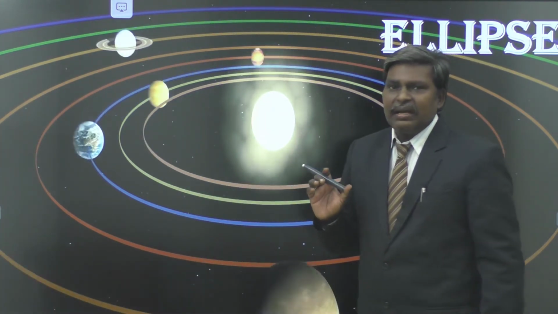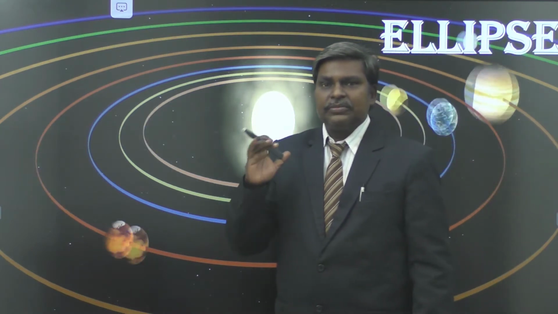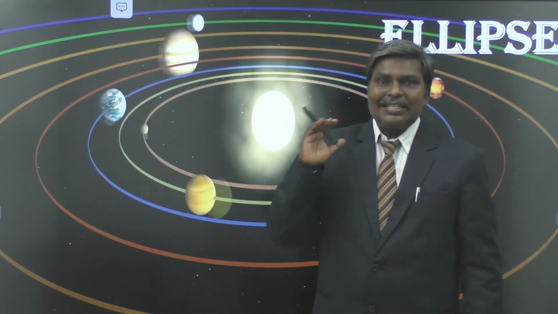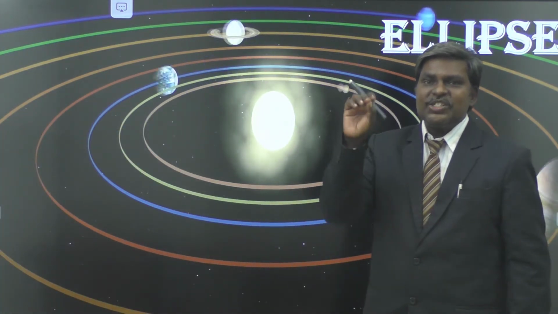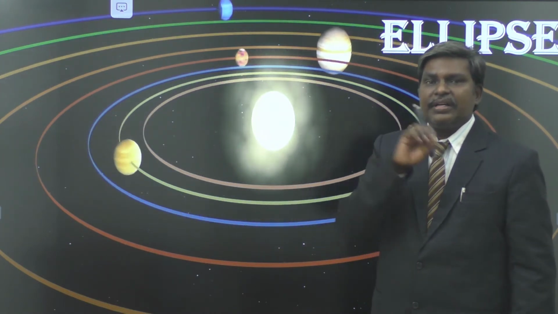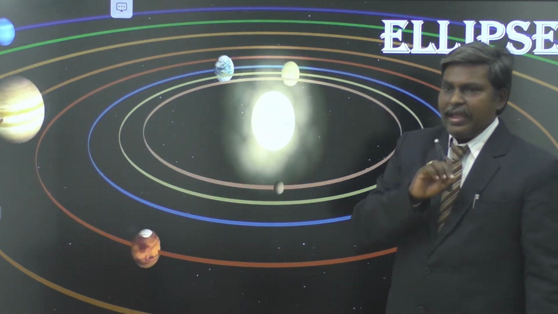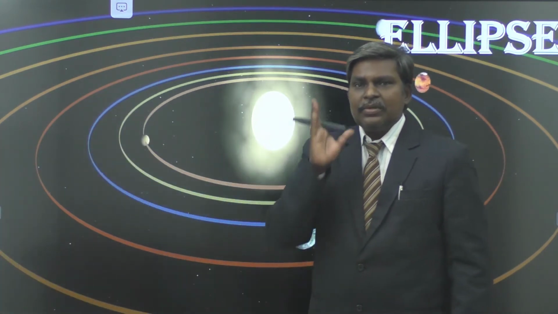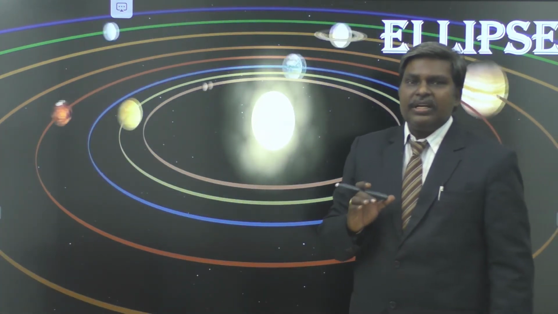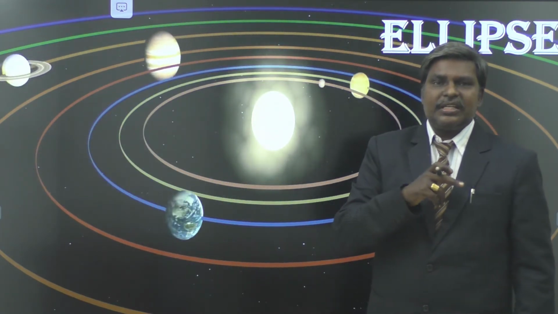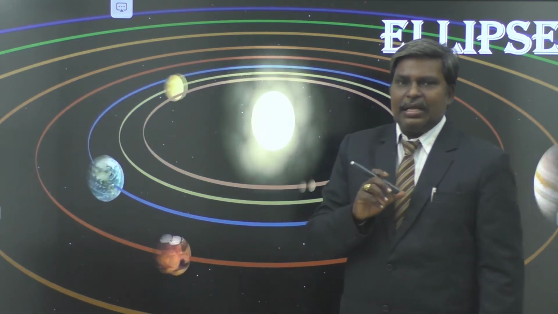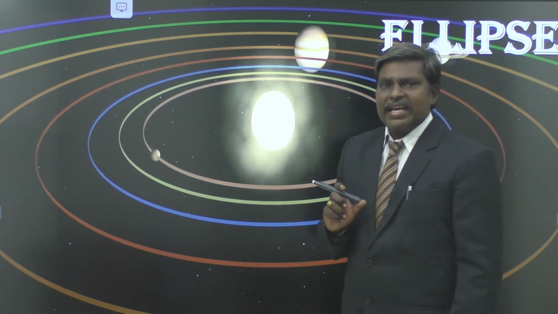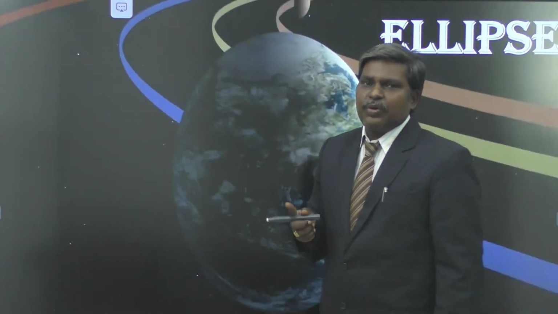And the tangent and normal at any point to the ellipse are the external and internal angular bisectors of S dash PS, where P is any point on the ellipse. So S dash PS is that angle. We draw the tangent at that point P to the ellipse, that is the external angular bisector of S dash PS, and the normal at that point P is the internal angular bisector of the same angle S dash PS. With the help of that property, we define the reflection property of the ellipse.